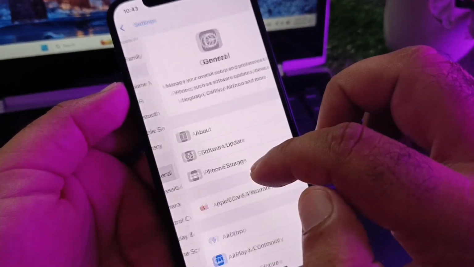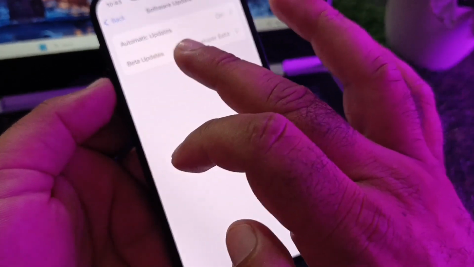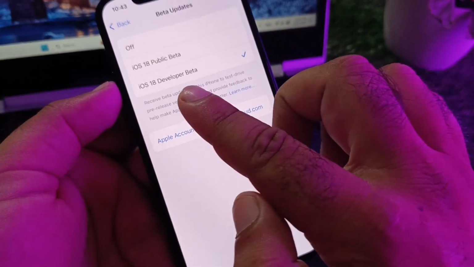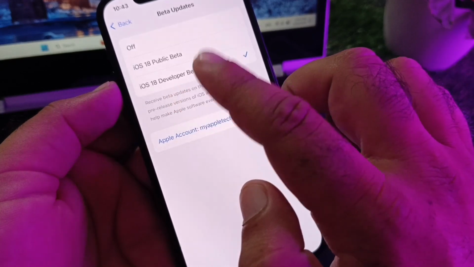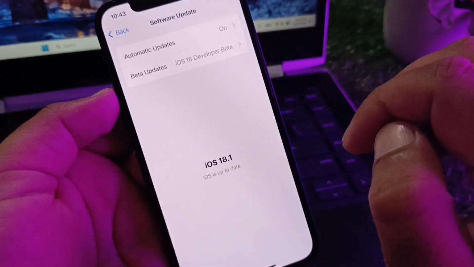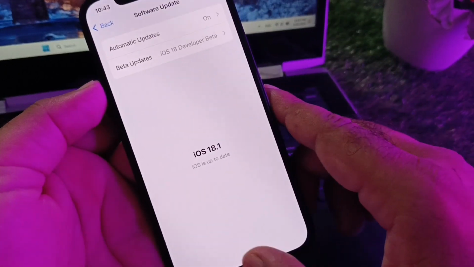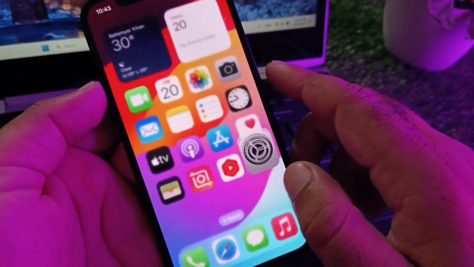After this, you may click here on General and click on Software Update, and here is the option of Beta Updates. So you may click here and turn on iOS 18 Developer Beta. Then you may go back and you may see all beta updates here, and you can download and install it from here. If the beta updates are not showing here, then you may go back and open any browser,